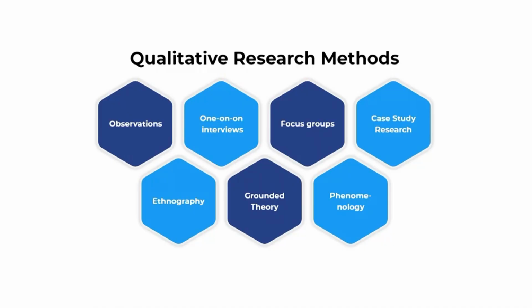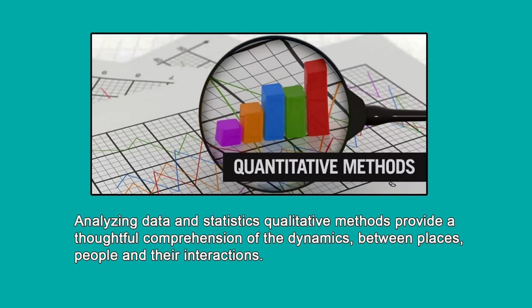Friends, now let us discuss the qualitative approach to urban research. Urban planning is a task that encompasses the shaping of cities and communities in terms of their social and economic aspects. To gain an understanding of these places, urban planners rely on a combination of qualitative approaches. While quantitative methods involve analyzing data and statistics, qualitative methods provide a thoughtful comprehension of the dynamics between places, people